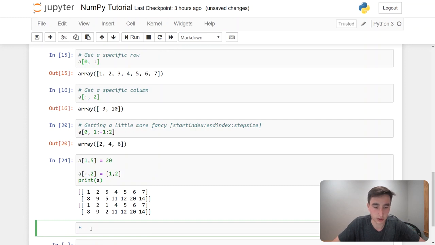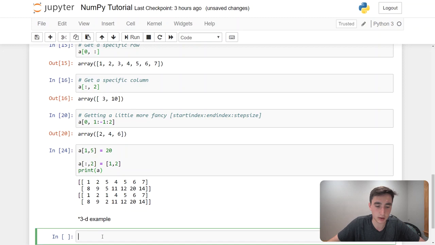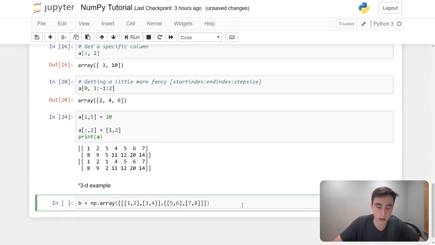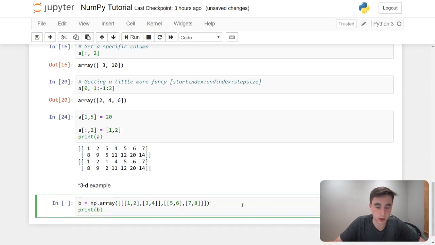Really quickly, let's just show a 3D example. If I had a 3D, so we'll say B equals a NumPy array of all of this, and if I print B,